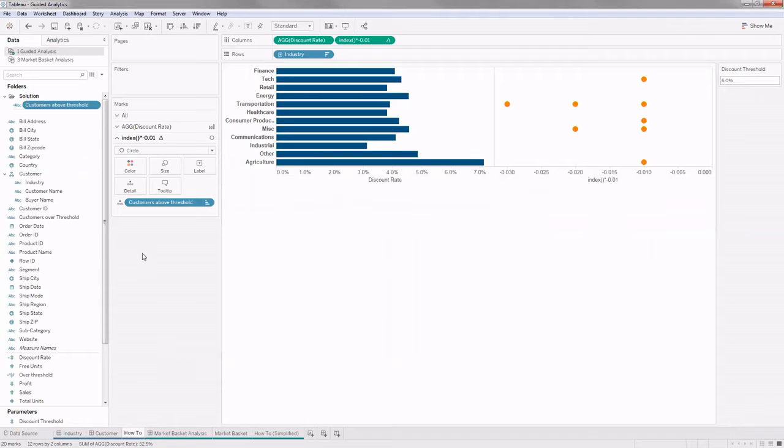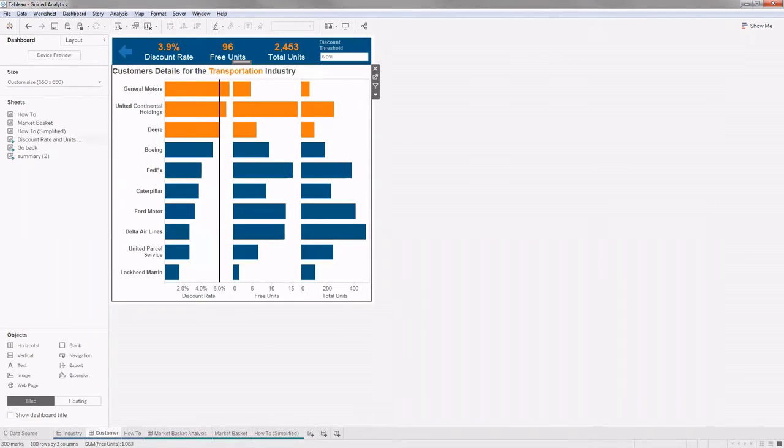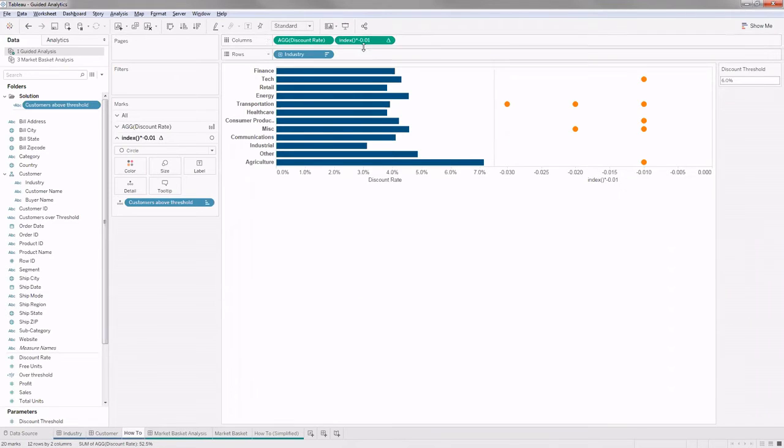Now the idea here, as you saw in the dashboard, is to get those points right up beside the bar graph, that particular bar graph, right? So what we do here is we provide some simple calculation, index into just some negative percentage like 0.1. So they will be aligned onto the negative side, because all the percentages will start from 0. So these negative values will just be concatenated to the left side of the bar chart.